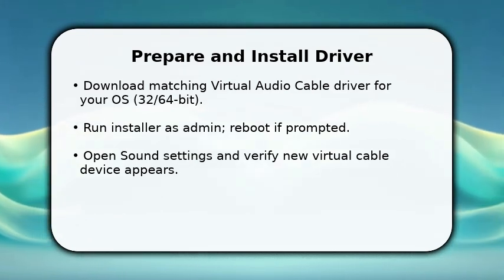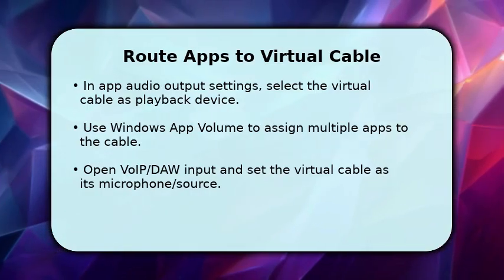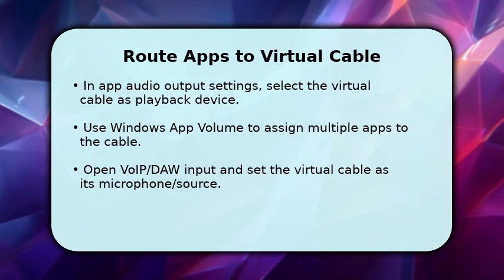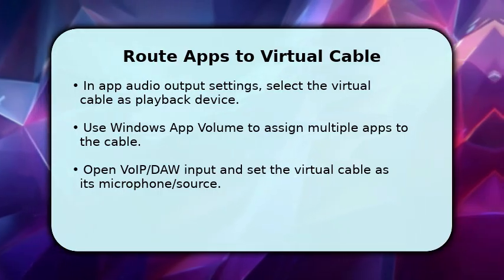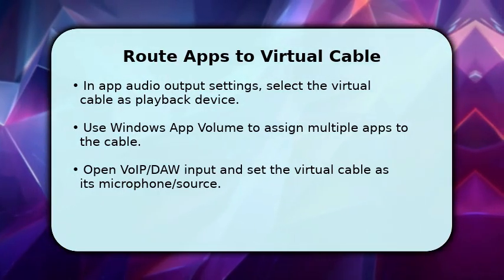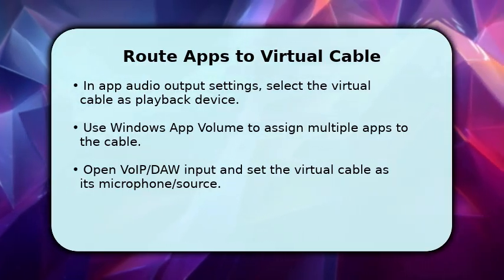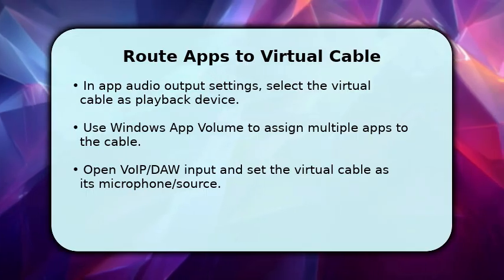Now you route sound from sources into the virtual cable. In each app's audio preferences, choose the virtual cable as the output device. This sends that app's audio into the virtual bus. Once done, use the OS app volume mixer to control levels and ensure multiple apps can feed the same cable